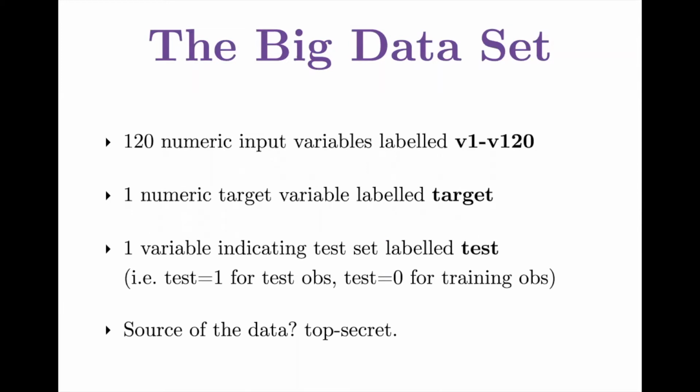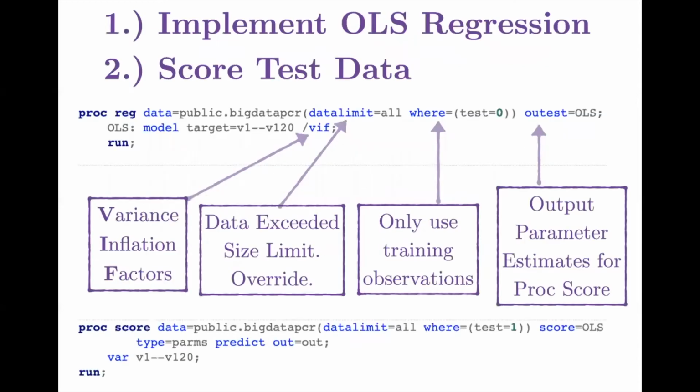So when test is 1, that's a test observation. When test is 0, it's a training observation. I won't give you the source of this data, it's a secret, but we will come back to it later in this semester. Now, the first thing we're going to do with this data is just implement OLS regression, ordinary